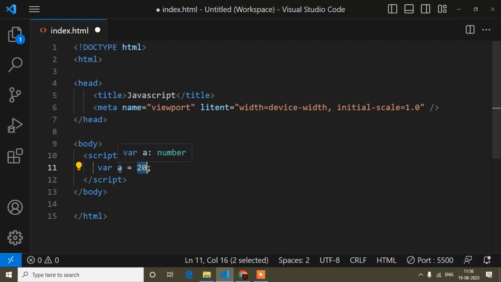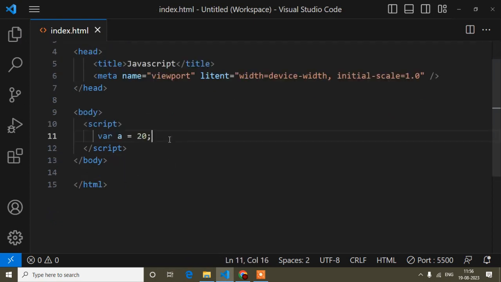A variable is actually a container. Inside the variable I can keep some values. Instead of a number you can put here any sentence or word. Now I have added hello. Hello is a word, right? It is not a number. So like in a container you can keep anything, the same way inside a variable you can write a number, a string, anything. Okay, now I will write a number.